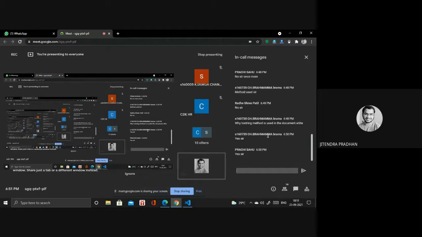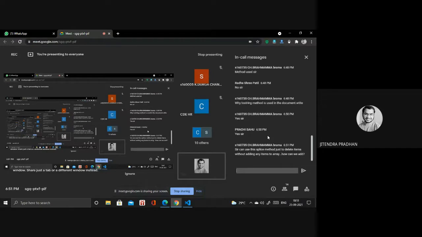This rule means not a strict rule. We follow it, like when a relative comes, you have to respect them. So in that situation, as a developer, you have to use toString to print that thing. So anyone can understand. Any developer who sees this code will understand that you want to print an array. Okay. Next question. I hope you got this point. Why are we using toString?